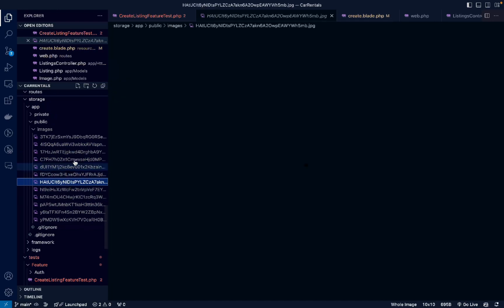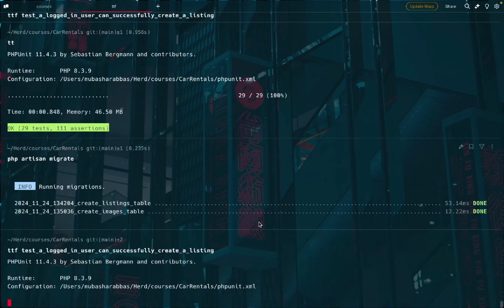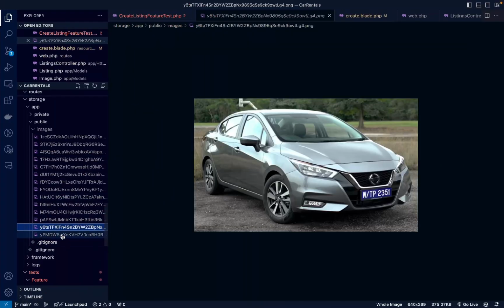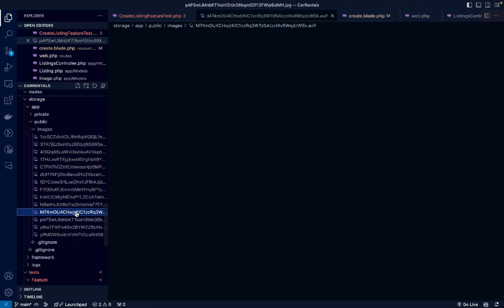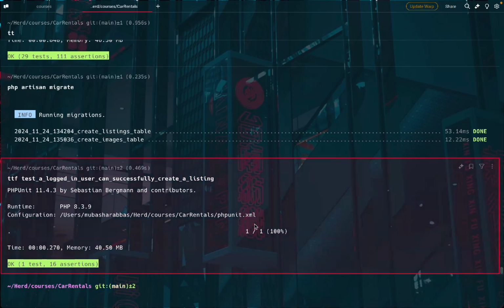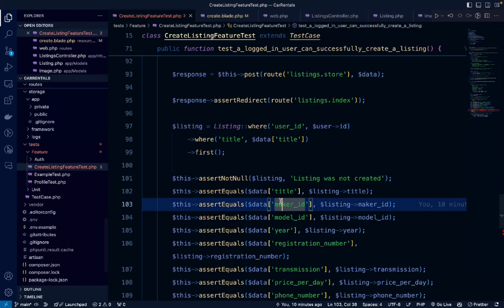Right, so I think these are being created during tests. Let me just make sure. So if we run the test, yeah, so these are definitely being created during tests. All right, so let's close this, and